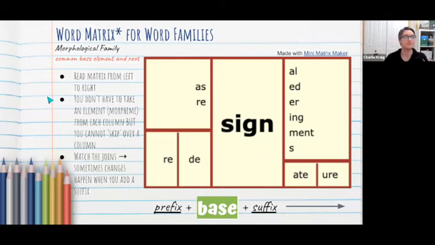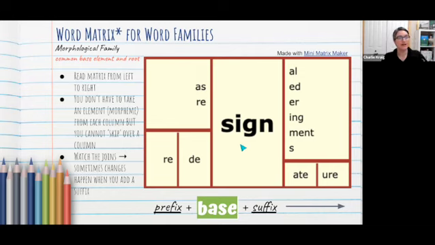So that's super awesome. We can represent word families in something called a word matrix. And how it works is the middle part of the word matrix right here, SIGN, is the base word, and it's usually bolded. There may be other words in the matrix that are also bolded, and that means that those two base words can come together to build a compound word.